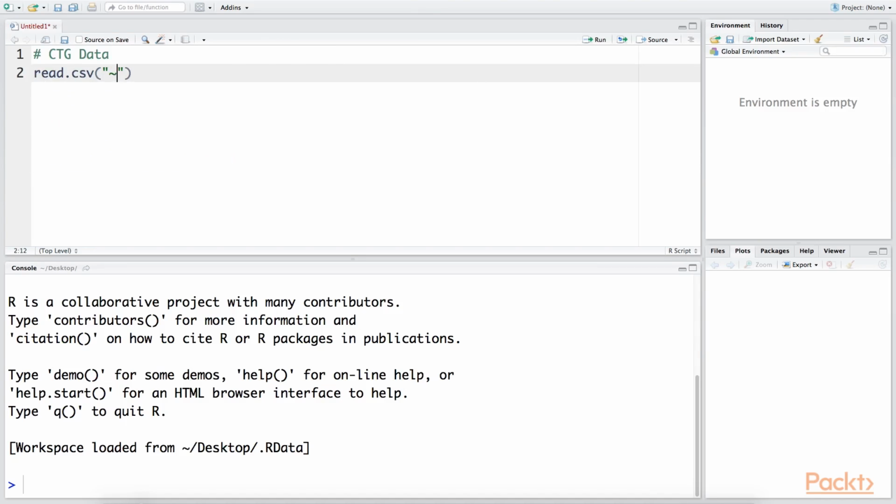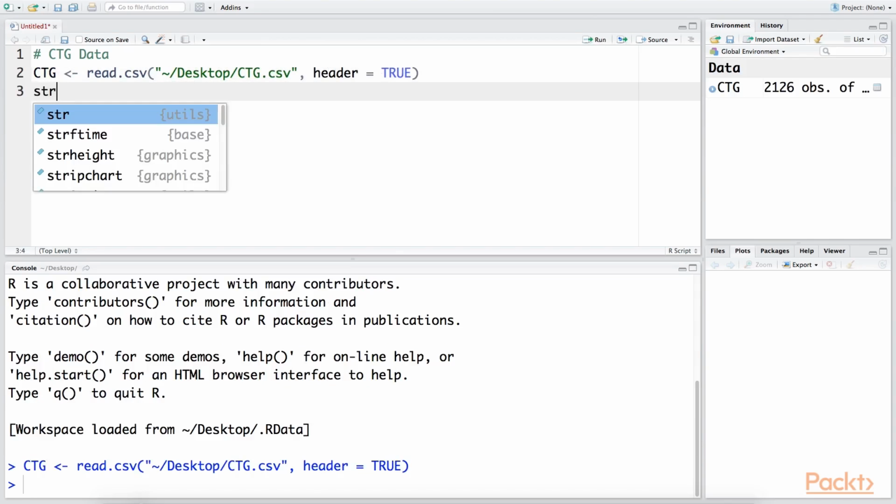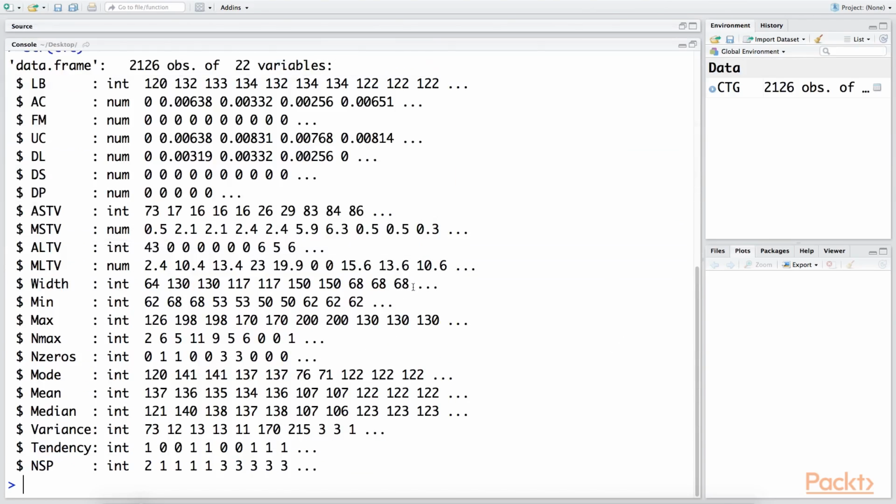So this is on my desktop, and since it has headers in the first row, I'm going to say header equals true, and we can read this in CTG. So once we have read this, we can look at the structure of the data. You can see it has 2126 observations with 22 variables, and as you had seen earlier, this 22nd variable